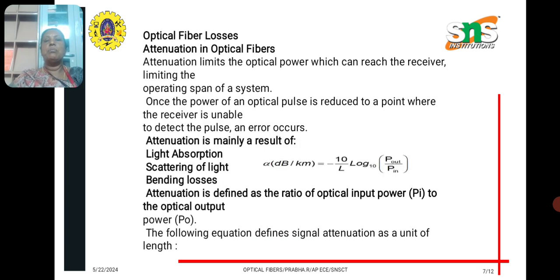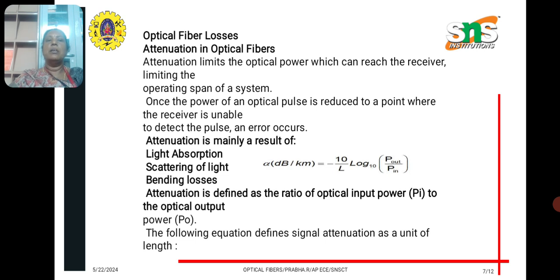And optical fiber losses, if we take, there is another factor called attenuation, which limits the optical power which can reach the receiver, and it is the limiting span of a system. Once the power of an optical pulse is reduced to a point where the receiver is unable to detect the pulse, an error occurs. And attenuation is given by alpha is equal to 10 by L